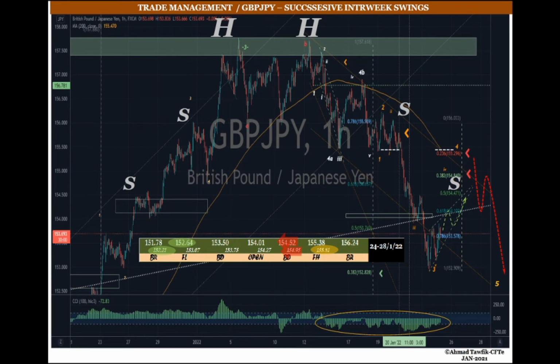So if this is an internal level 3, it doesn't really matter. The label is a big 3 or that internal very small 5 into 3. The rejection comes in at lower level 1s. All right, so it looks like we're going to get an ending diagonal, and this will just take us to 154.5,